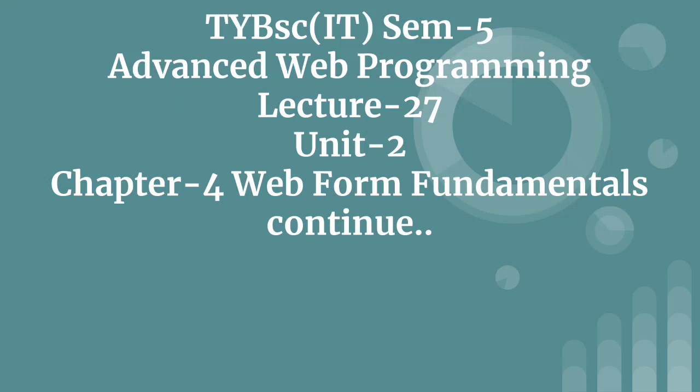In last lecture we have seen only one question, that is explain various elements of .aspx file. So this is the first question of unit number 2 chapter 4. So basically an ASP.NET page contains directives, code declaration block, ASP.NET controls, code render block, server side comments, server side include directive, literal text and HTML tags. So these are the elements of .aspx file.